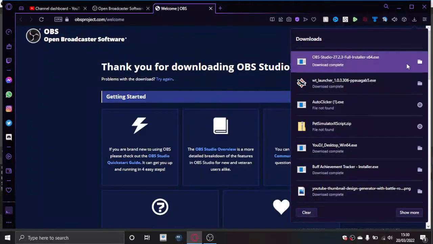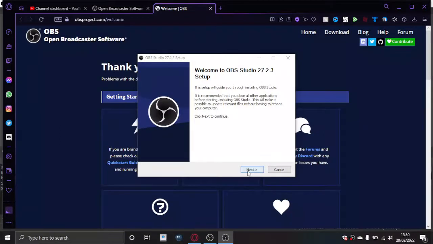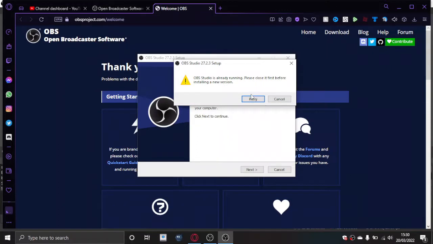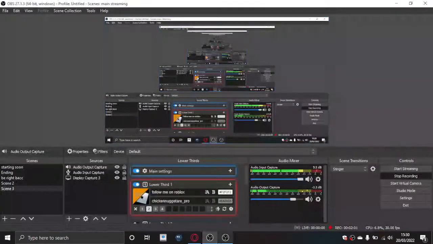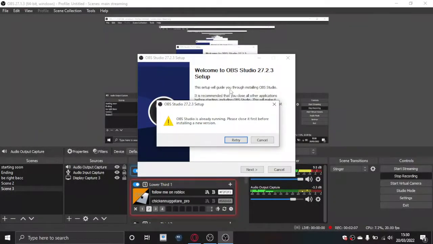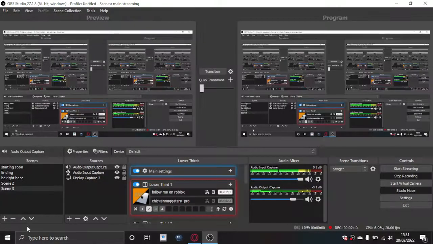Here we go, download complete. Click on that. Now it will come up with a prompt saying, do you want to allow this app to make changes to your device? Click yes. You guys won't be able to see that on this recording, but it will say OBS Studio is already running on mine because I'm recording on it as well. So it won't work and let me download it, but you just follow this installer and then it should bring you to something that looks like